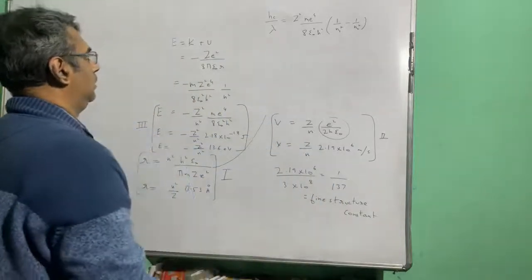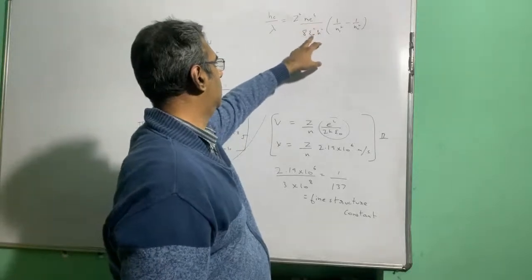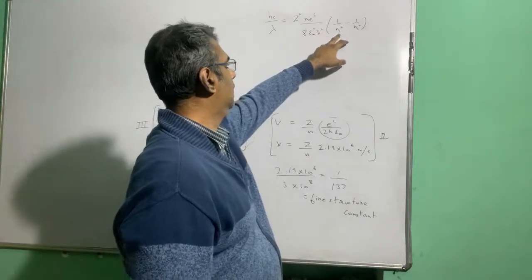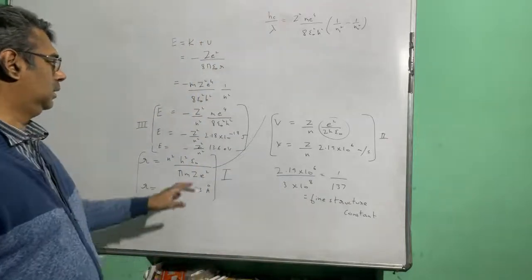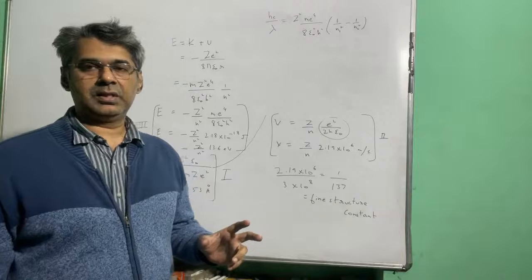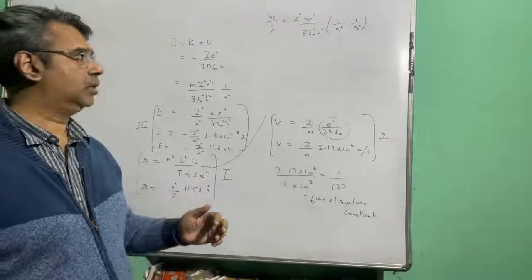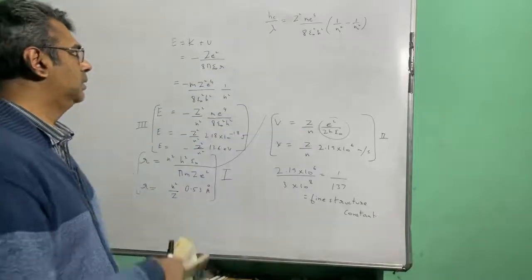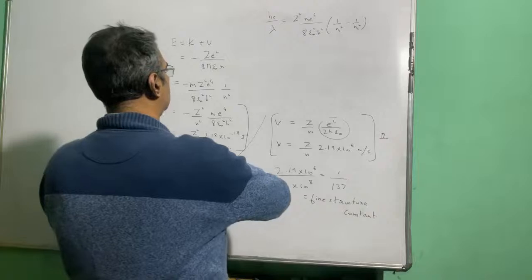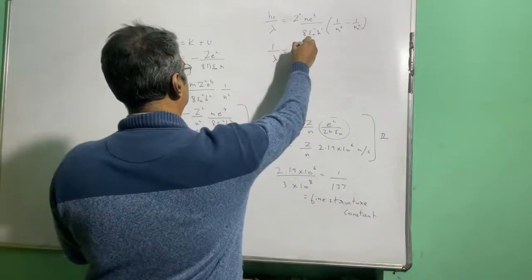So hc by lambda is Z square m e to the power 4 by 8 epsilon naught square h square into 1 by n1 square minus 1 by n2 square. That is, the two stationary states are n1 and n2, and the electron is transiting between them. And when the electron is transiting, radiation is emitted whose wavelength is lambda. So we can say 1 by lambda